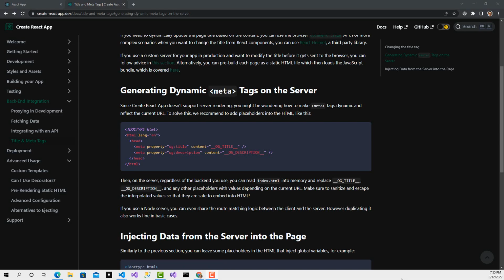Today I will show how to generate dynamic meta tags on the server for a React app. I'll be using the create React app template, and of course it doesn't support server-side rendering, but there is a way of doing this such that each route has a custom HTML page. And what then happens is that HTML file will have the title and description, or OG title, OG description specific